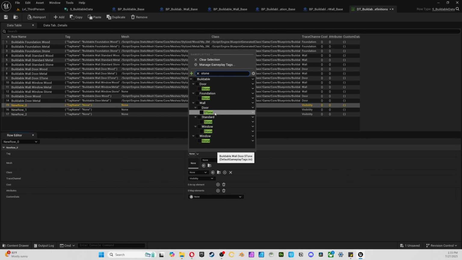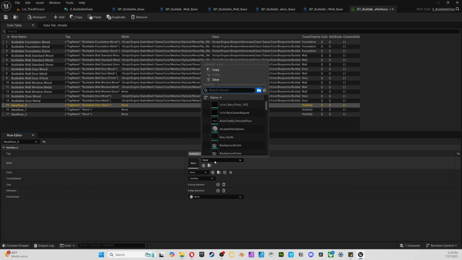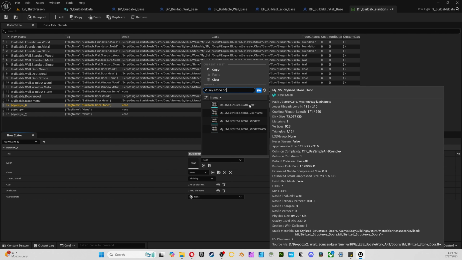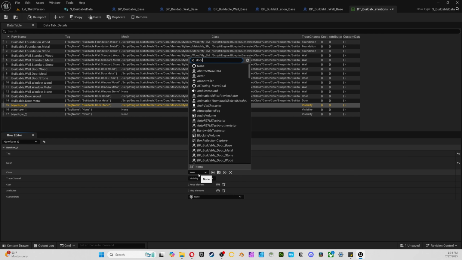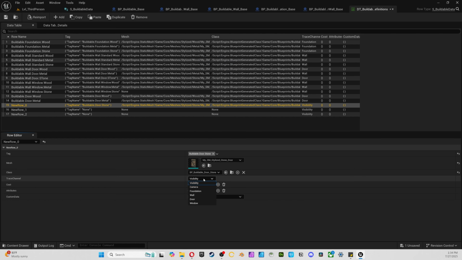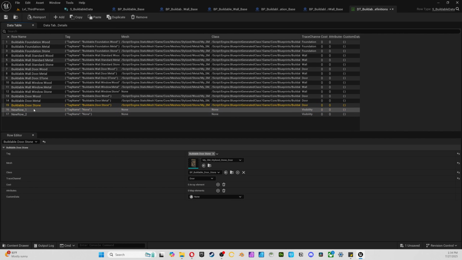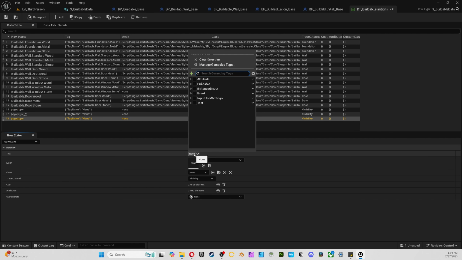And so we need the stone door. So stone, nope, that's the wall. Sorry. Door stone. And my stone door, my stylized stone door. Cool. And then the door, stone, door, and don't forget to copy the tag. Last one, which is our window. So window,